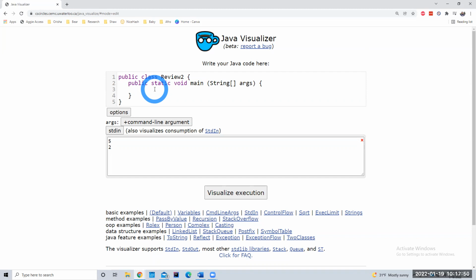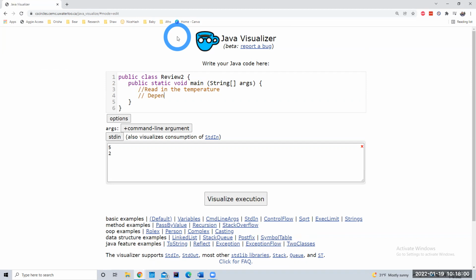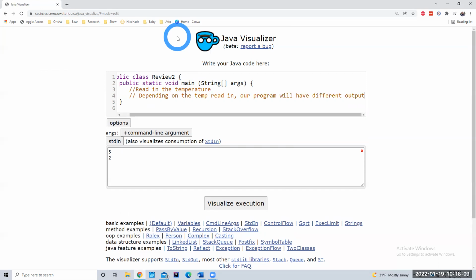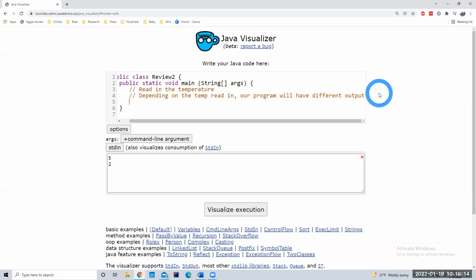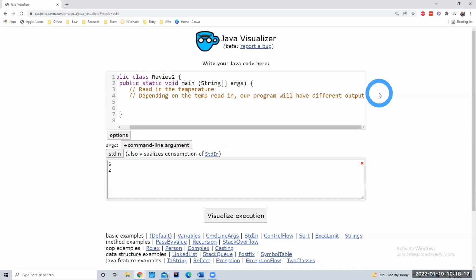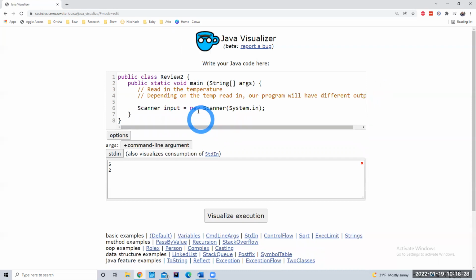Okay. So let's do an if statement. Again, we're going to read in the temperature, and then depending on the temp read in, our program will have different output. So we want to read from the console. We need a scanner object, new Scanner(System.in). And in my previous classes, I've said this is a scanner object,